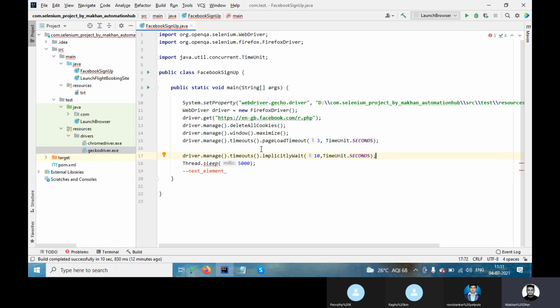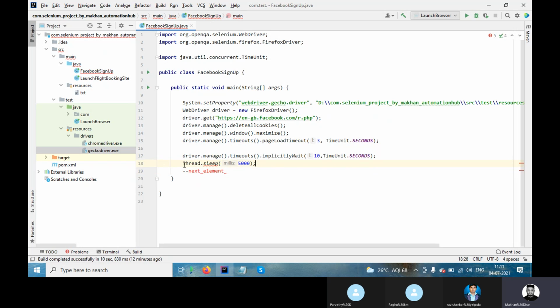If you click something and it works within 3 seconds, it will move to the next element by using implicit wait. But in case of thread, even if your browser is able to do all the actions within 3 seconds, it will still wait for 5 seconds.